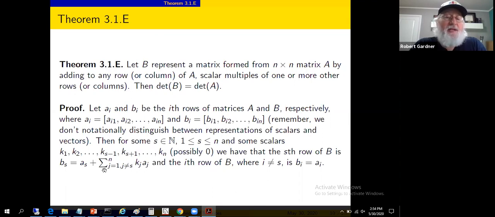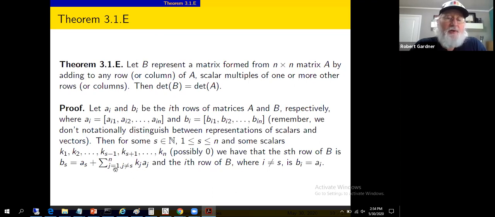So we've added to the S row of A a multiple of the first row, a multiple of the second row, a multiple of the S minus first row, a multiple of the S plus first row, up to the nth row. So instead of just adding a single row, if you don't like this,